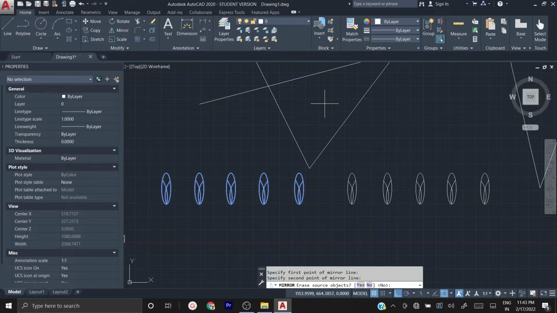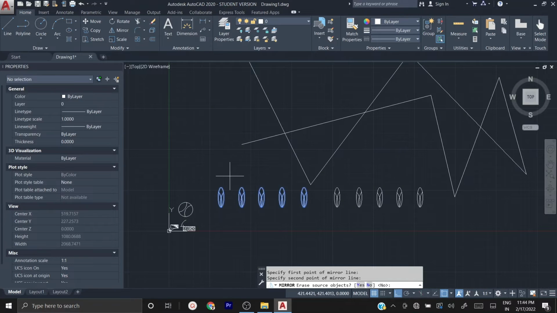That's it. Once you click the second point, if you read the command prompt, it says erase source object. Which is the source object for this mirror? This oval is the source object. If you type Y and enter, this will get erased and only the mirrored one will be there.